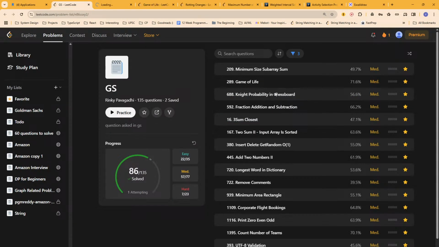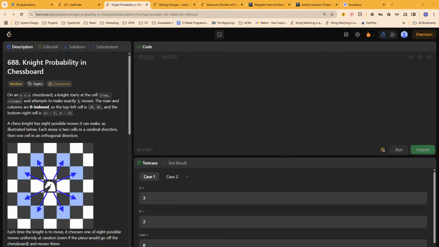Knight probability in chessboard. Okay, this knight probability in chessboard. 688. Now solving. Yeah. Okay. On an n cross n chessboard,